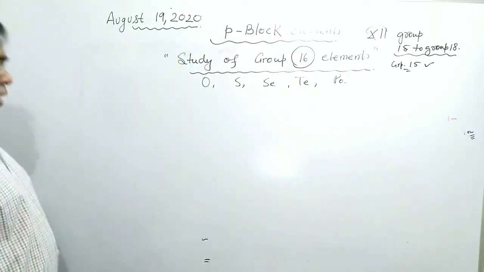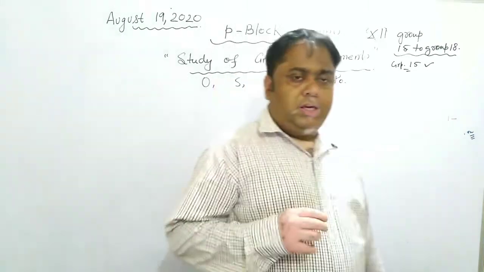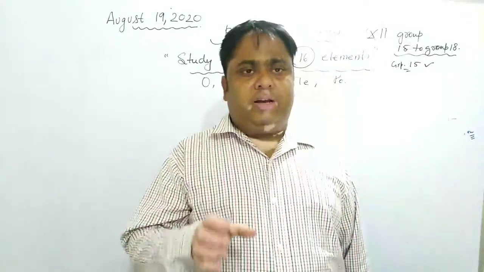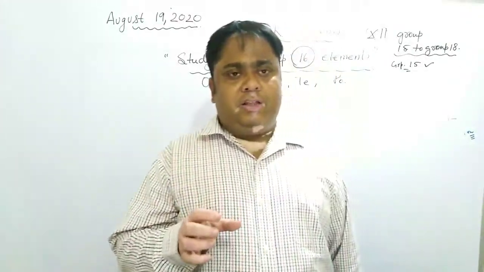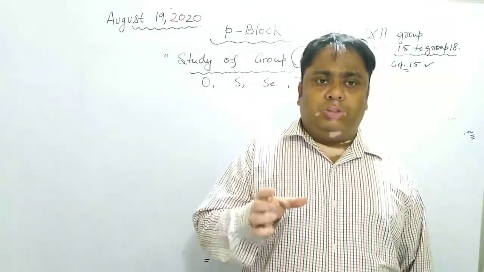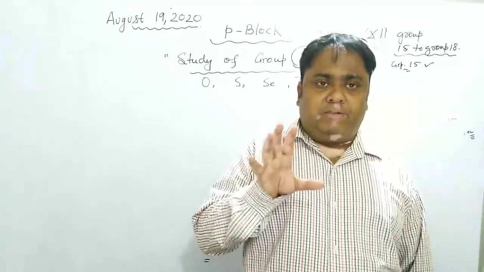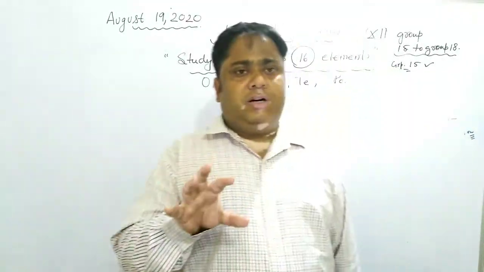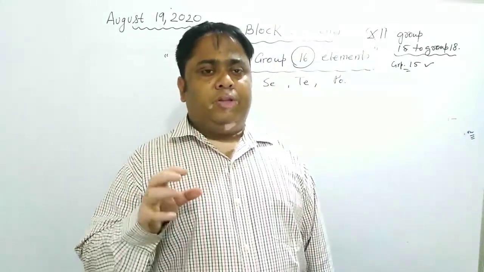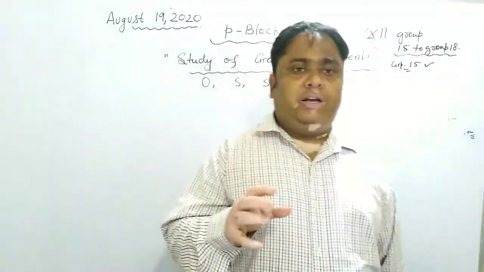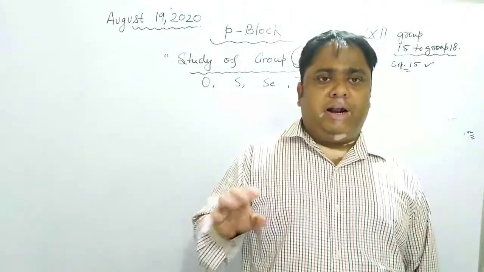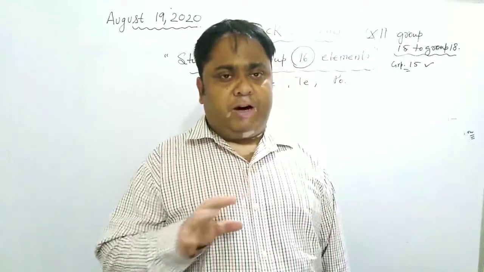Now, the common properties of the elements in the periodic table, with respect to variation in electronegativity, ionization energy, acidic property, and atomic radius, all that we have done in the two general discussions about the chapter. When this chapter was started, two classes were done on general properties, like how the ionization energy, electron affinity, metallic property and acidic property vary down the group, across the period, and of the representative elements. So that part we have already done.